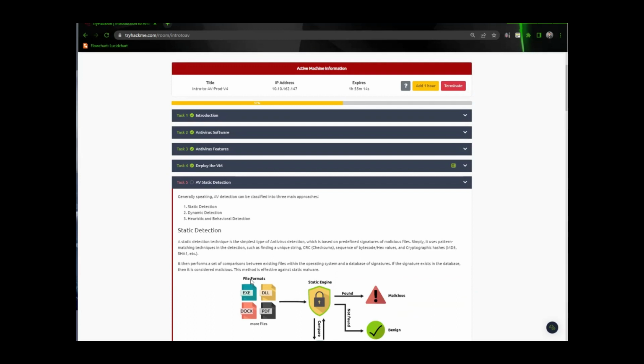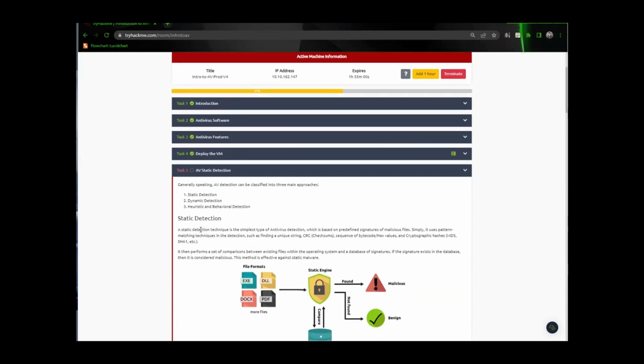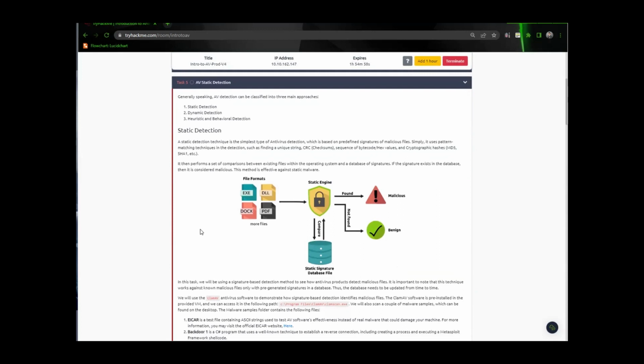So, AV static detection. Generally speaking, AV detection can be classified into 3 approaches. First, static detection, second, dynamic detection, and third, heuristic and behavioral detection. Static detection technique is the simplest type of antivirus detection, which is based on a predefined signature of malicious